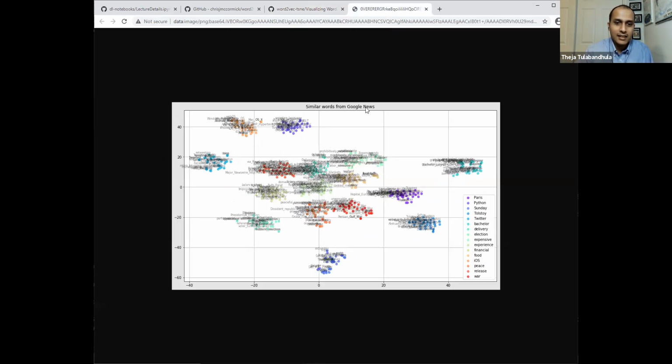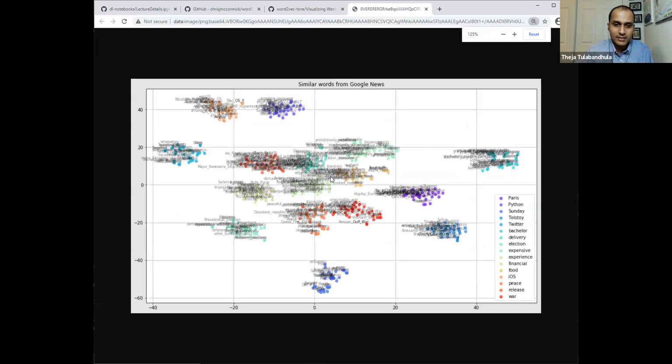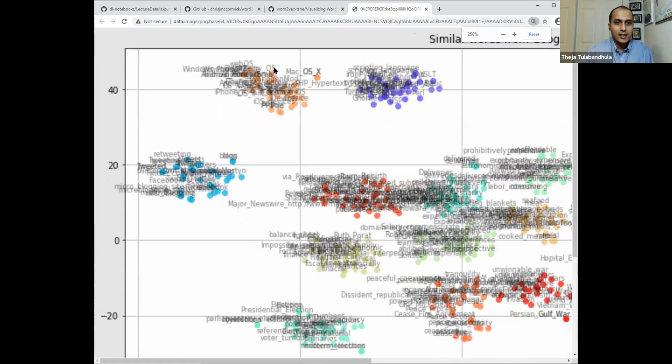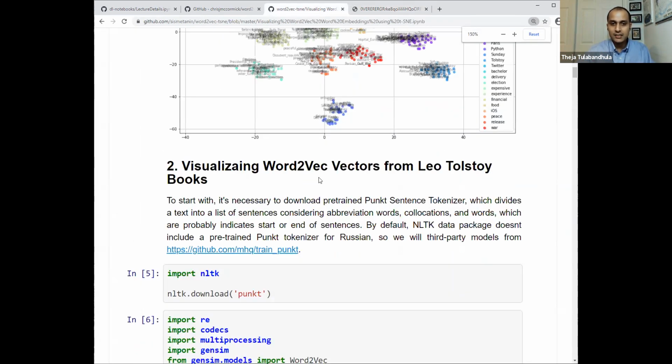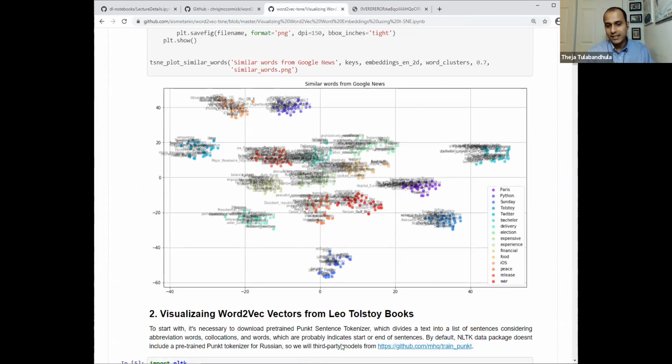This image is very unclear. But you'll see that similar words would be in similar regions of this two-dimensional space, which probably is an indication that these vectors, maybe 300-dimensional vectors, happen to be in similar regions of this 300-dimensional space. Okay, so that's what at least the first part of this script is trying to do, and then they're trying to do other things.